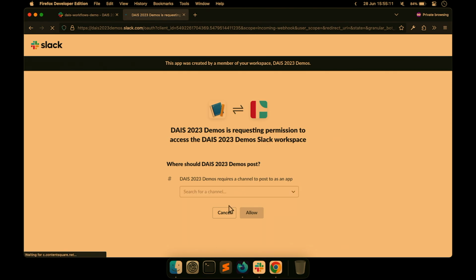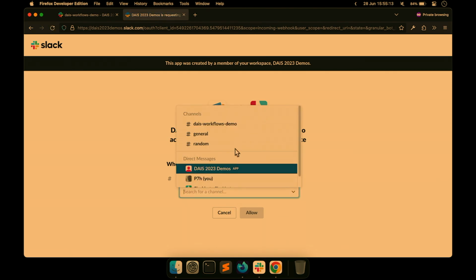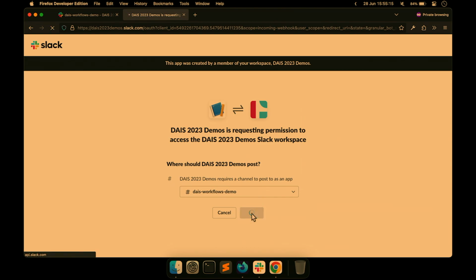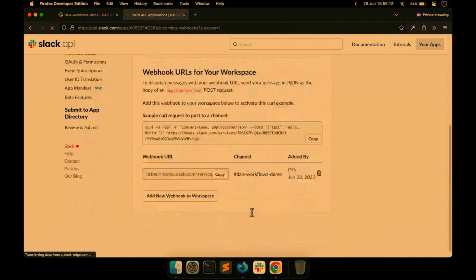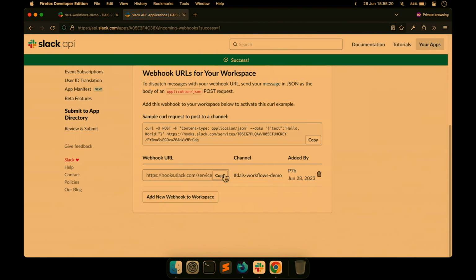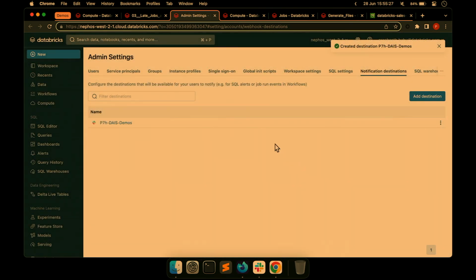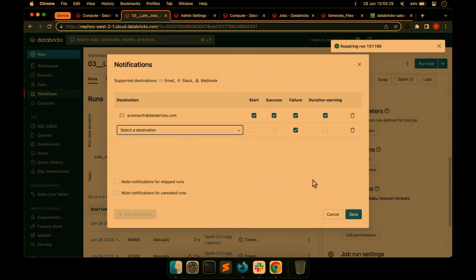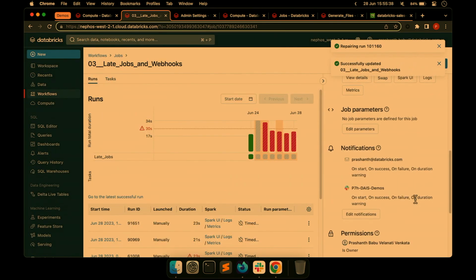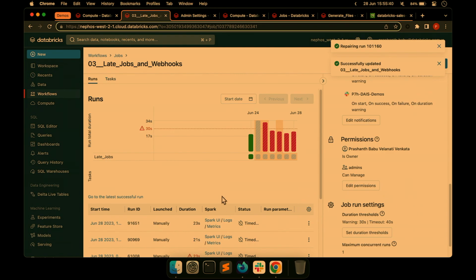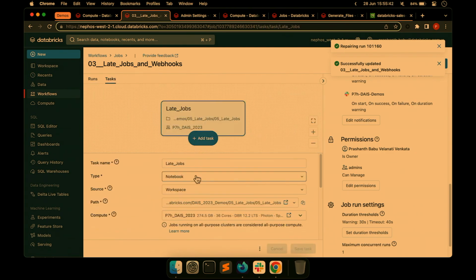This should trigger, yeah, I already see this. I want this to be added, and then I get a URL, which I need to copy and push it here. So we are done with webhook creation. We need to come back here. So I need, again, thread, email, start, everything. I just want this. So on top of all this, as we were discussing, there is an option to select